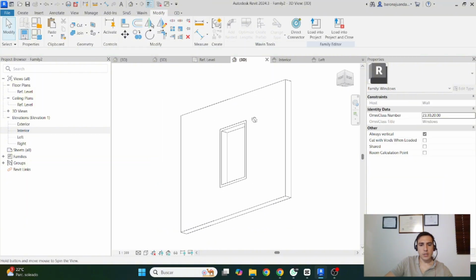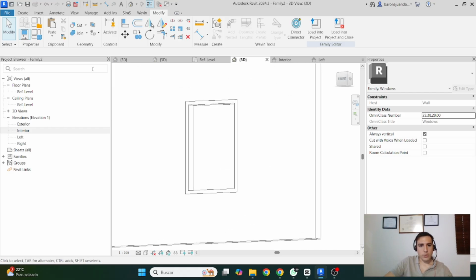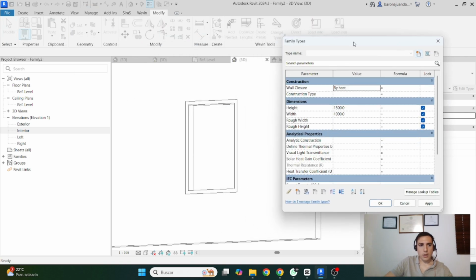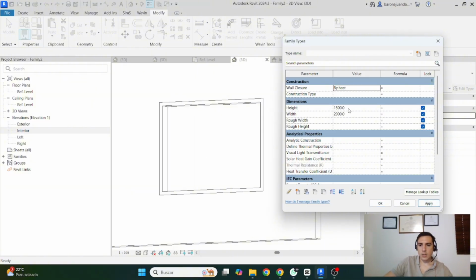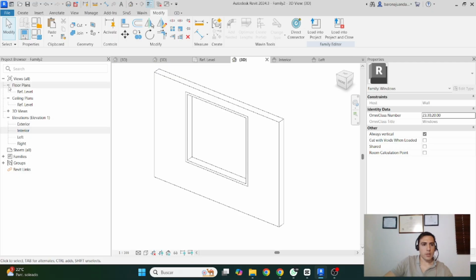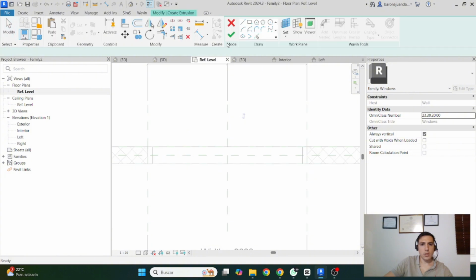If you see it in the 3D, you will see that it's already created the frame. Click here in types, family types, and change the width. So you will see it adjust the width and the height. It's being responsive. Now in the floor plan, we can create the same extrusion as the